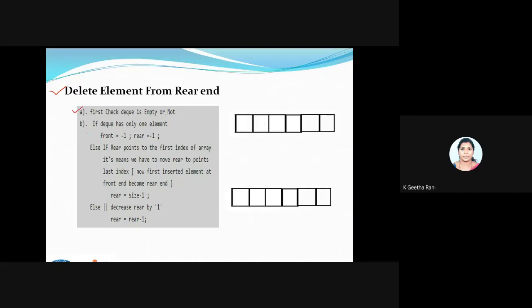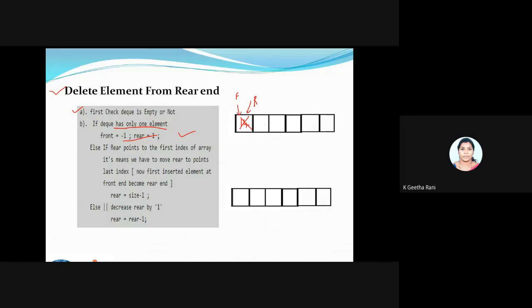If it is not empty, I'll go inside the first part. What does the first part tell you? I'm having only one element. If you have only one element and you want to delete it, for example 14 is the only element inside my queue, and front and rear are both at that same element, what I will do is just change my pointer indexes to front is equal to -1 and rear is equal to -1. It's very simple. And we have one more case, the normal one, which goes in the last else.